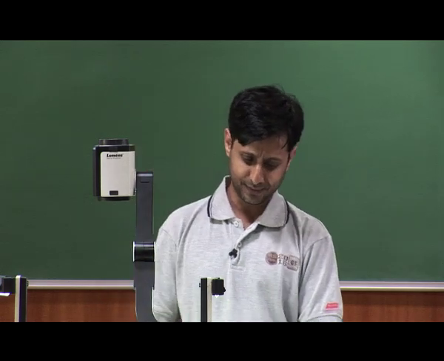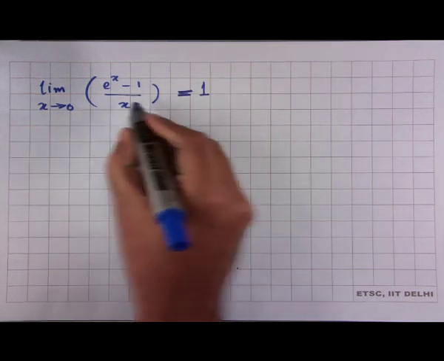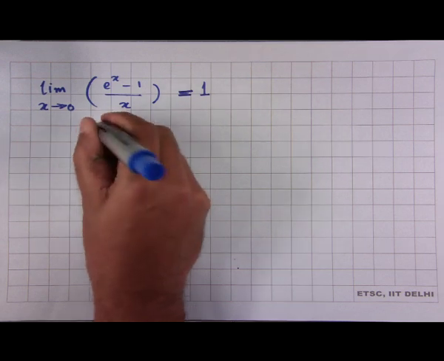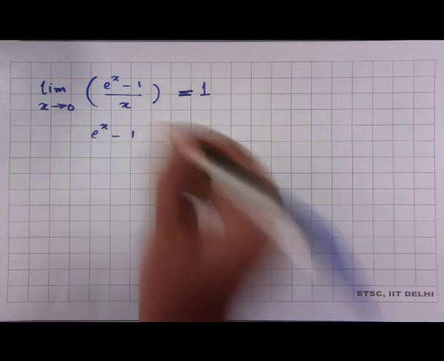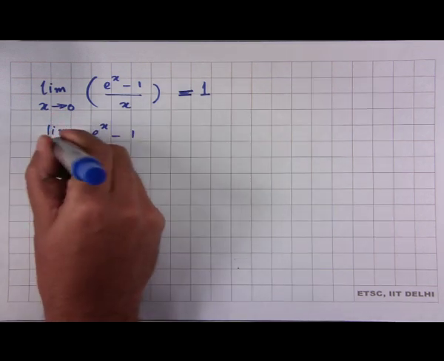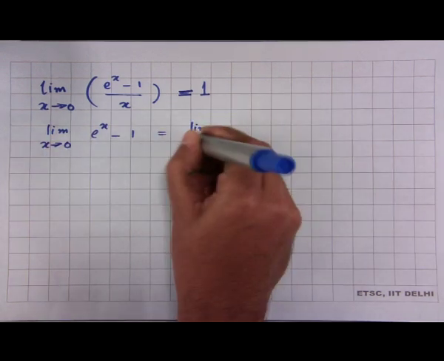So, if you have studied this, you can rearrange this, right. You can multiply x on both sides. So, e power x minus 1 limit x tends to 0 is equal to limit x tends to 0 of x,